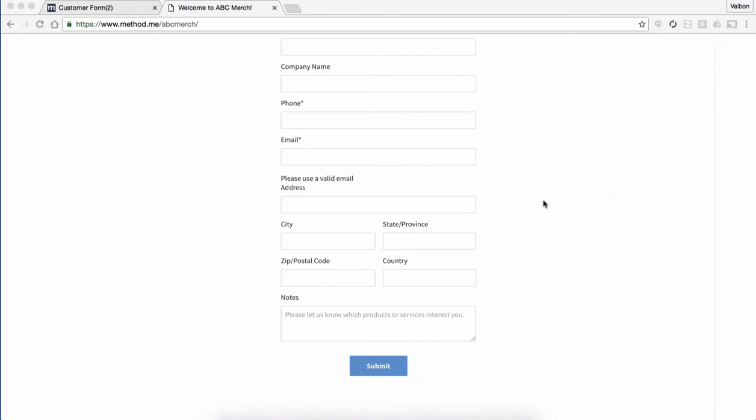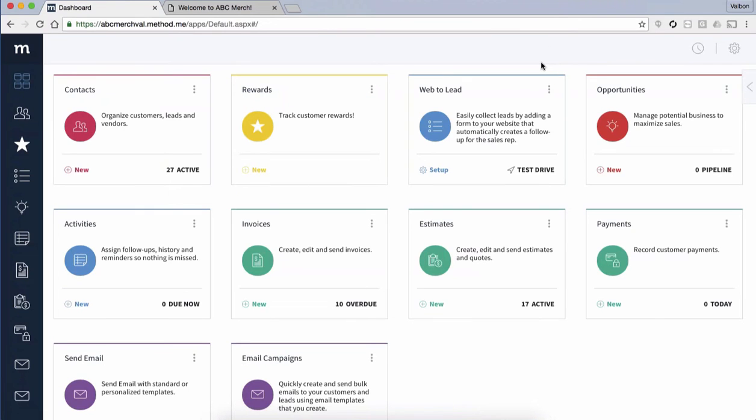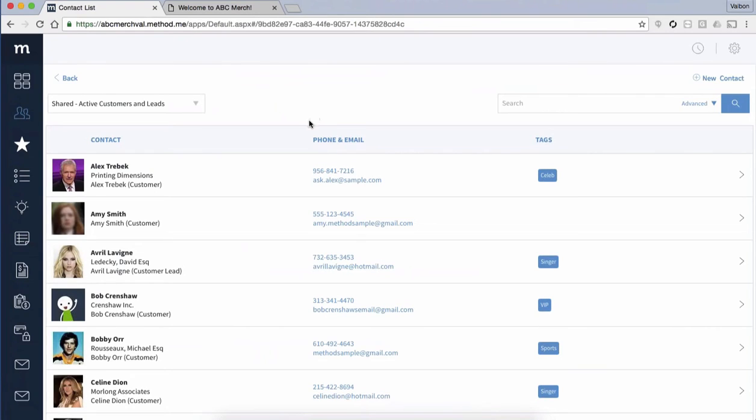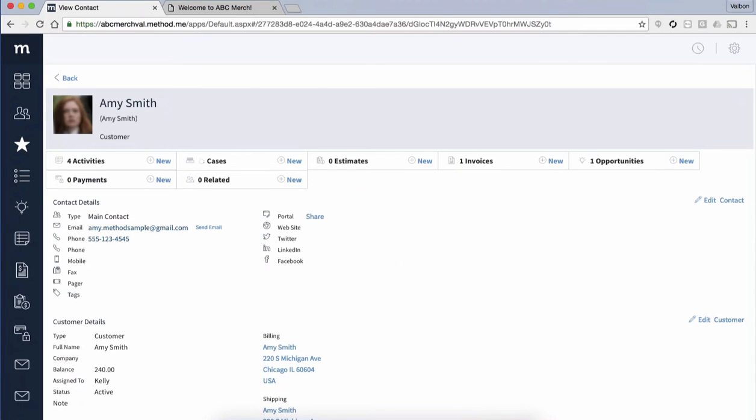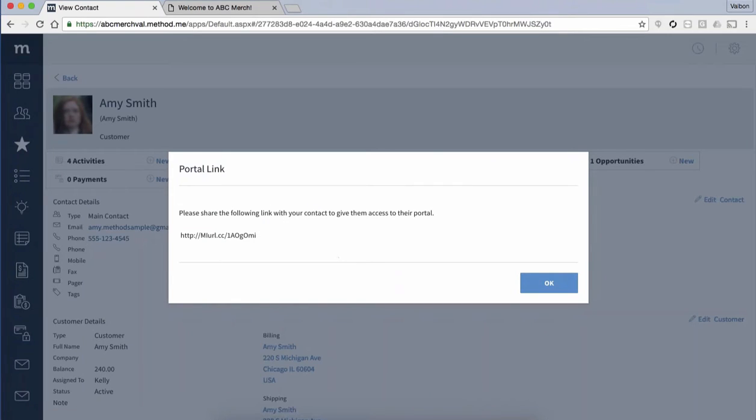Thank you to our team for the questions coming in, talking about can you review the password protected option for the guest users. Absolutely, I can take a look at that. So let's go over here to our account. A quick recap: we're taking a look at our contacts, and what we're going to see here is what has happened in the past with Amy, with this particular email address, amy.methodsample@gmail.com. When we share or send this link, or anybody clicks this particular link, which is very specific to Amy,